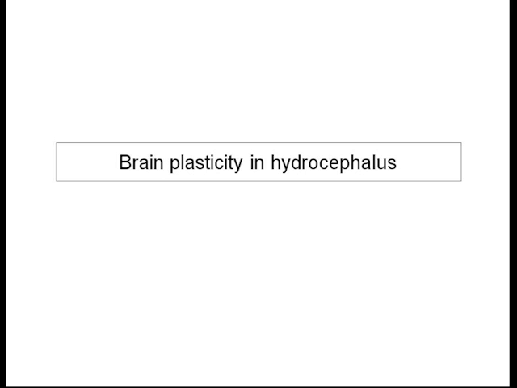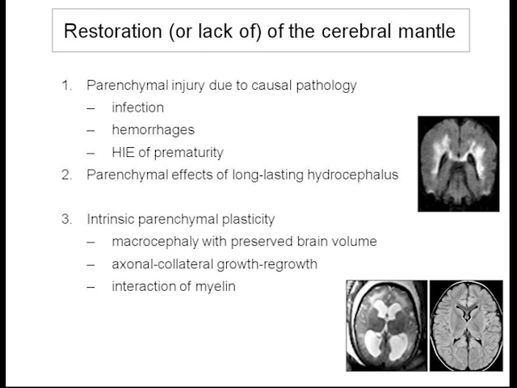Very quickly, the brain plasticity in hydrocephalus. You have to find the reason why the patient is going to recover well or not. If you have parenchymal injury due to the causal pathology, for example, the prematurity here with the diffuse PVL, of course there will be no recovery, and that applies to infection and to hemorrhage. If hydrocephalus stayed for a long time, patients over the years lose parenchyma, always, because even in chronic hydrocephalus, there is